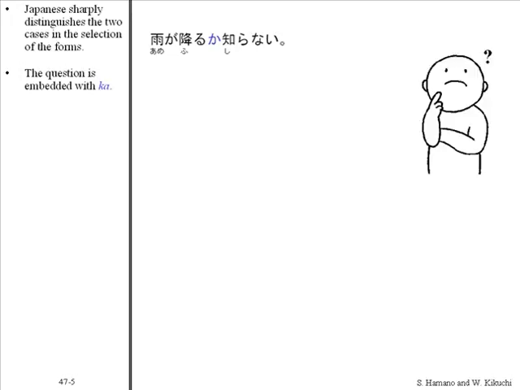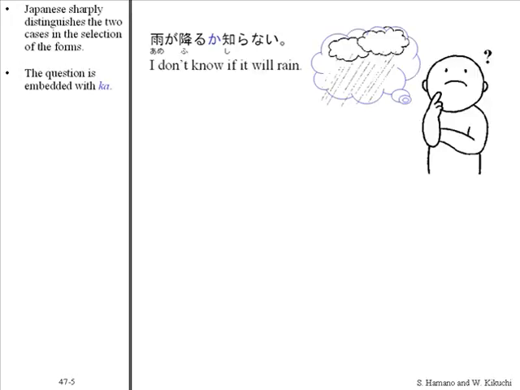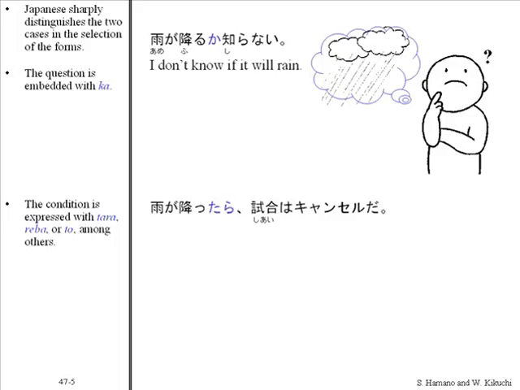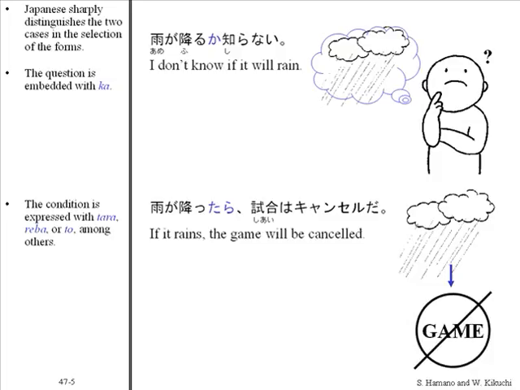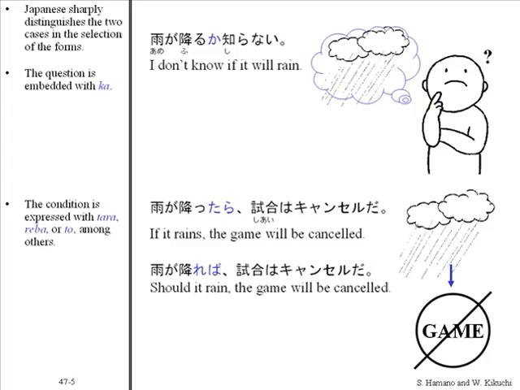Japanese sharply distinguishes the two cases in the selection of the forms. The question is embedded with か。雨が降るか知らない。The condition is expressed with たら、れば、or と among others. 雨が降ったら試合はキャンセルだ。雨が降れば試合はキャンセルだ。雨が降ると試合はキャンセルだ。